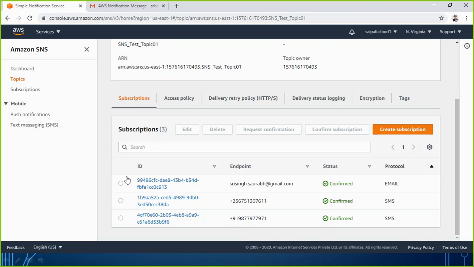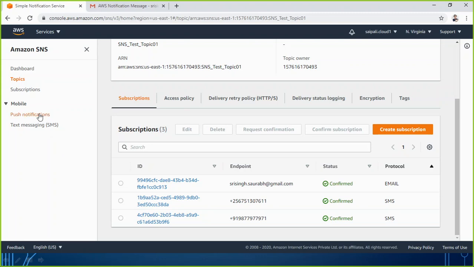It will be sending, which we have already seen in some of the previous sessions when we were setting the alarm. We have seen that when we set the trigger, we set the threshold that if CPU utilization goes more than 10% or 20%, automatically an alarm will be generated. And if an alarm gets generated, you can attach that to the SNS also. So that was all about here.